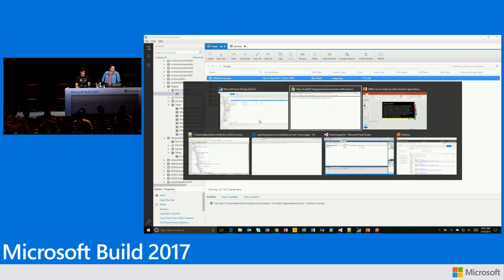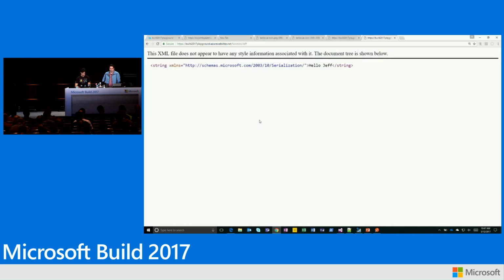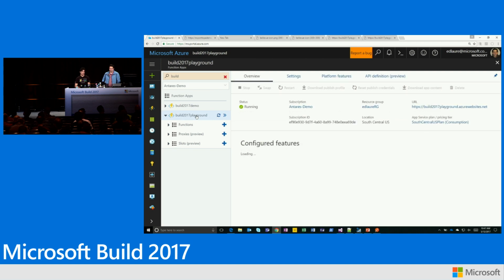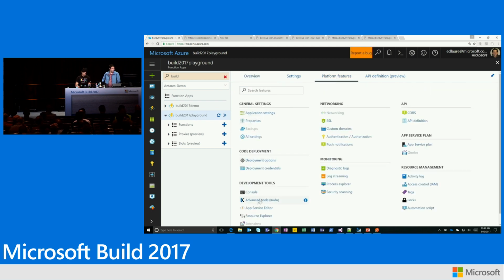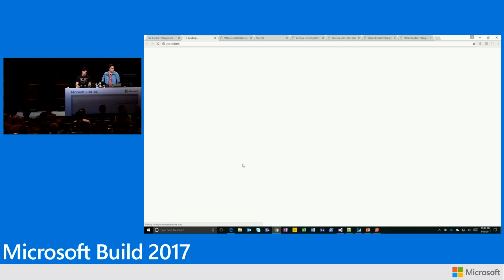And this is actually not the latest. The latest as of 3 days ago is that you can actually mock up your API. So think of the case where you're talking to your front-end dev, and you're still deciding how should our API look like, and you don't have a backend, neither does he have a front end, but you're trying to decide on that. So you can come here to the function, and you can go platform features and get our app service editor. That editor can work on top of any of your function files.